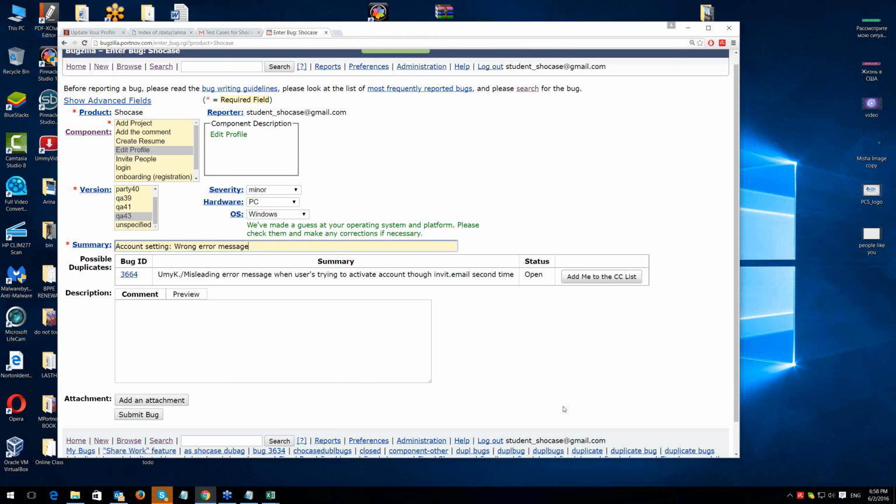If no, I may add a comment, or at least I can add myself to CC, so if anyone changes the status, adds a comment, or modifies the bug, I also will get an email about any changes for this bug, and this is very important. But now my bug is: raw error message is displayed